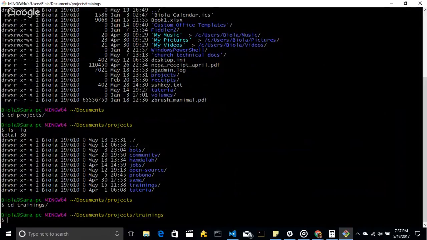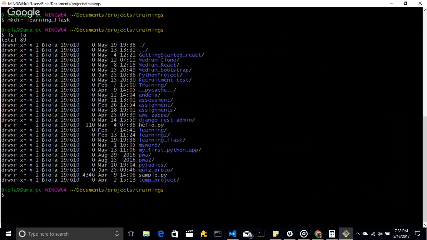You can either create it manually on Windows or you can create a folder directly from the command line. And to create a folder from the command line, you use the mkdir command. So mkdir, let me call this Learning Flask. So that is the name of my project. So if I type ls -la, we should see the Learning Flask folder there. So I'm going to change